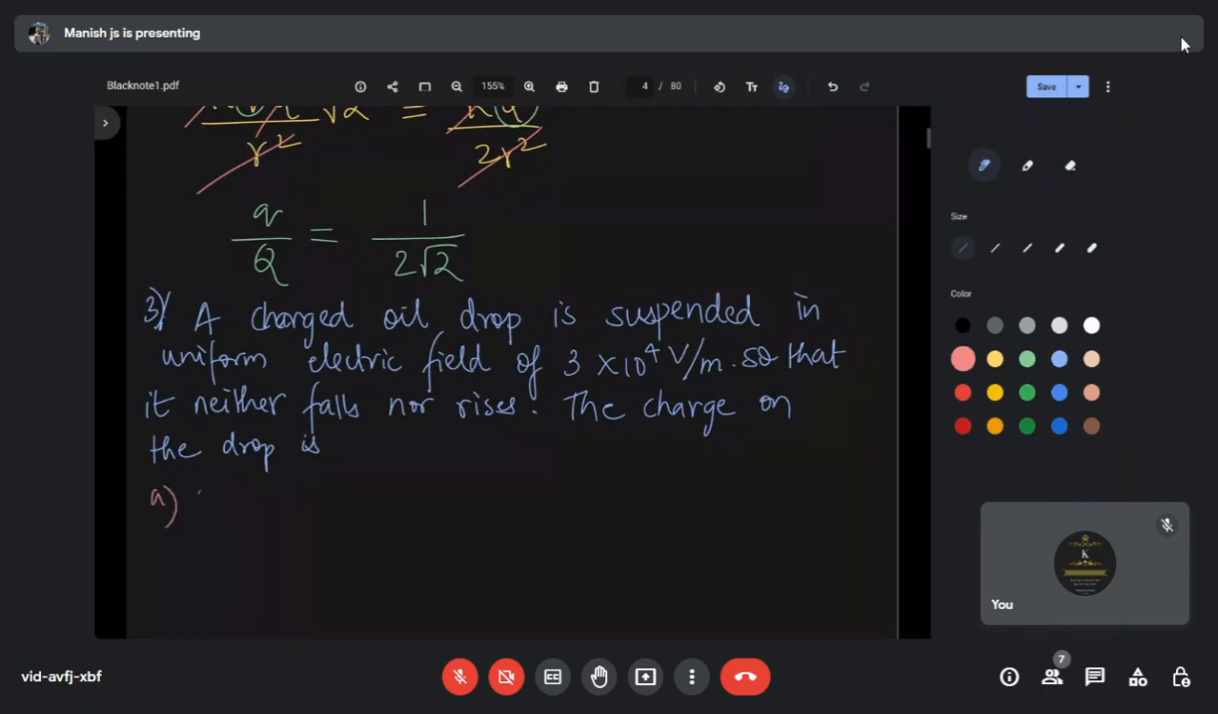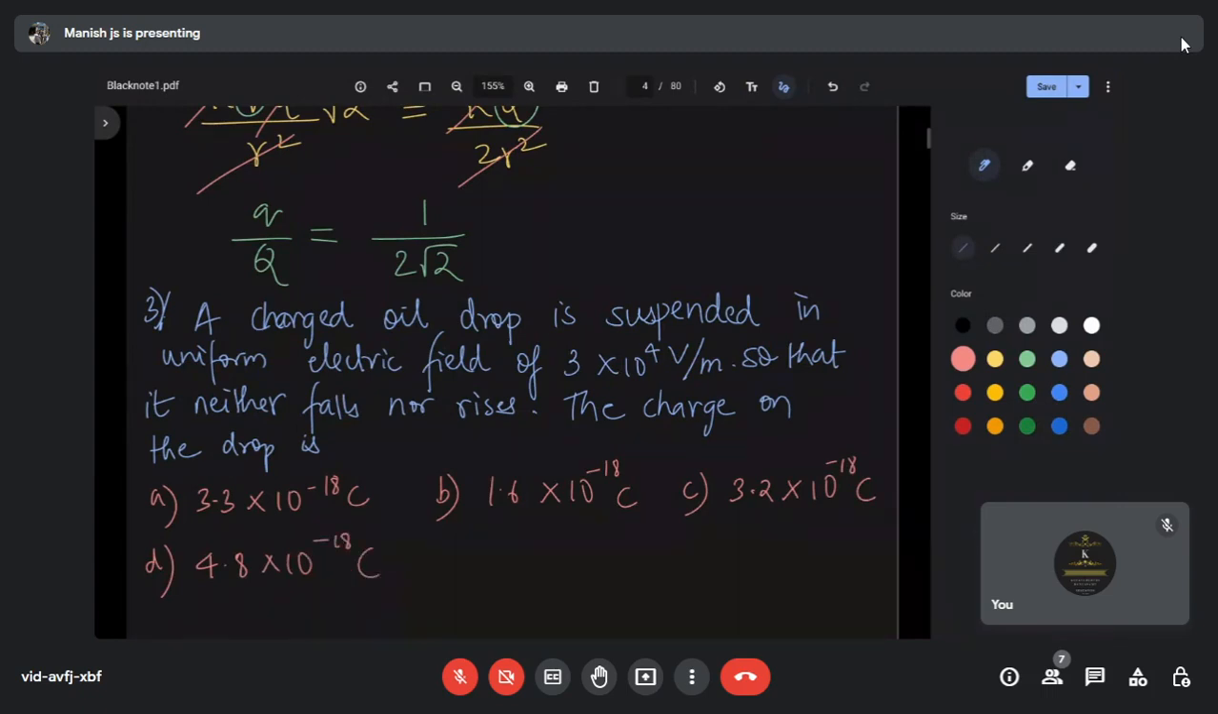Option A, 3.3 into 10 power minus 18 coulombs. Option B, 1.6 into 10 to the power minus 18 coulombs. Option C, 3.2 into 10 to the power minus 18 coulombs. And option D, 4.8 into 10 to the power minus 18 coulombs. Okay,